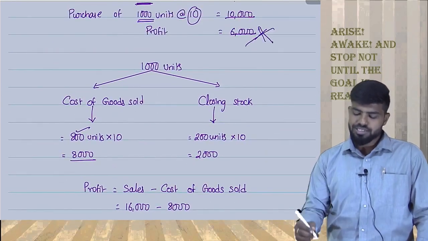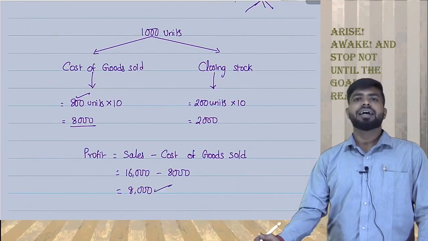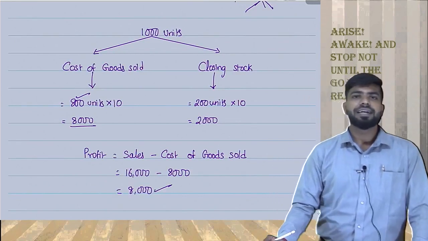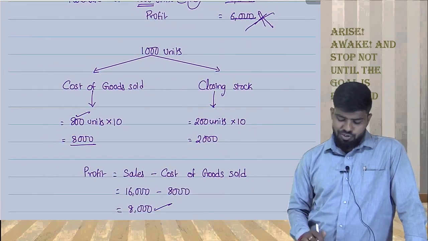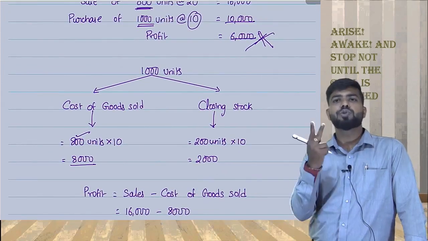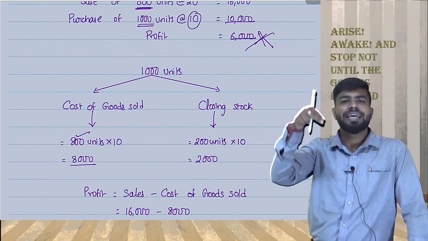Whatever the 6,000 that we calculate is absolutely wrong. What is the real cost? 8,000. Are you understanding what I am saying? Why here it is 6,000 and here it is 8,000? Here it is 6,000 because the 2,000 of closing stock has been reduced from the same current year, which